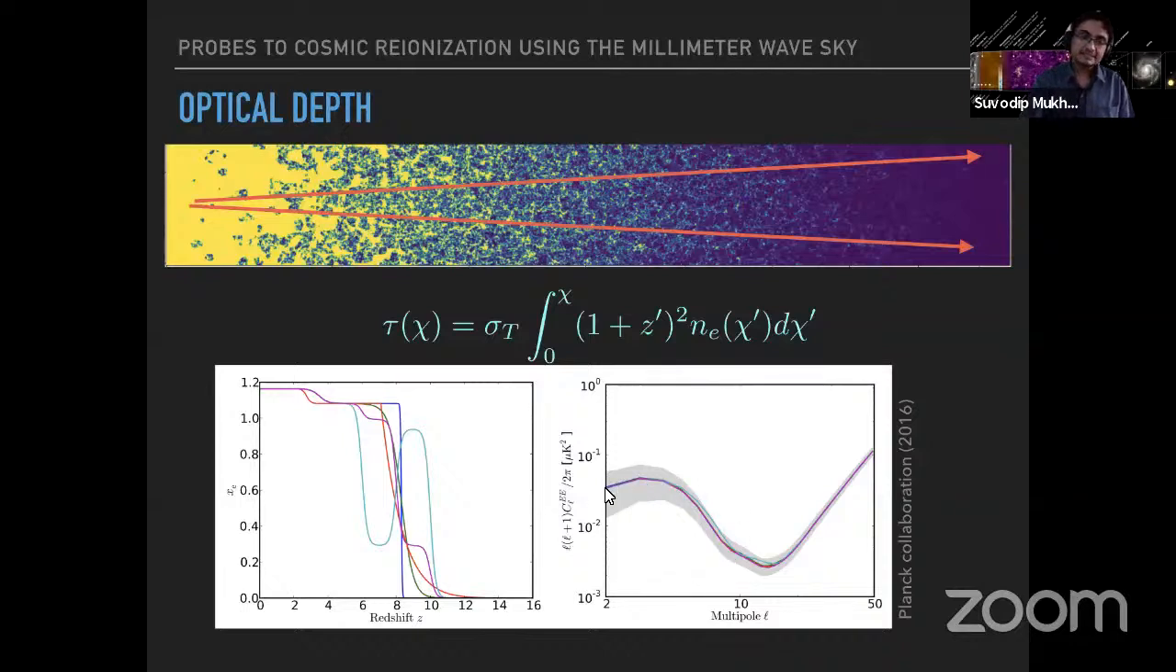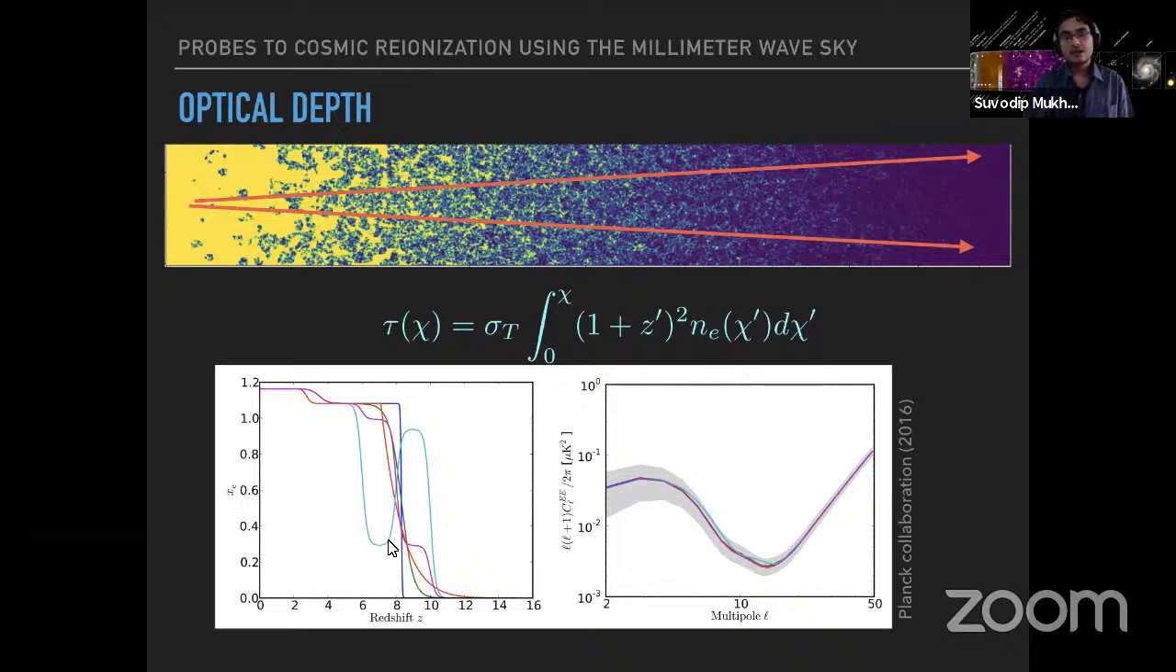But the problem is this is not a very powerful probe for the details, because if I change my reionization history significantly, as you can see here for the different colors, the observable remains nearly the same. So it is a powerful probe for the overall average value, but not so much for the details of the electron density as a function of